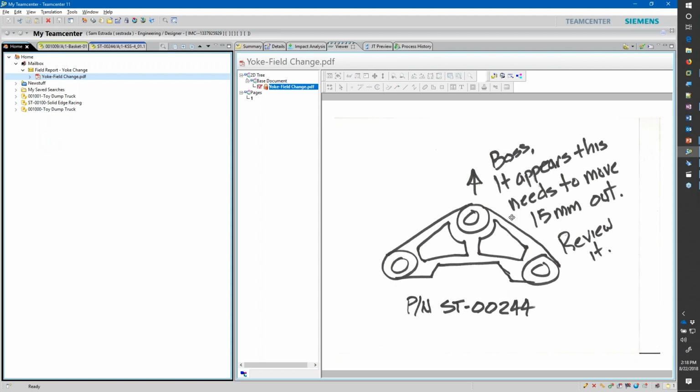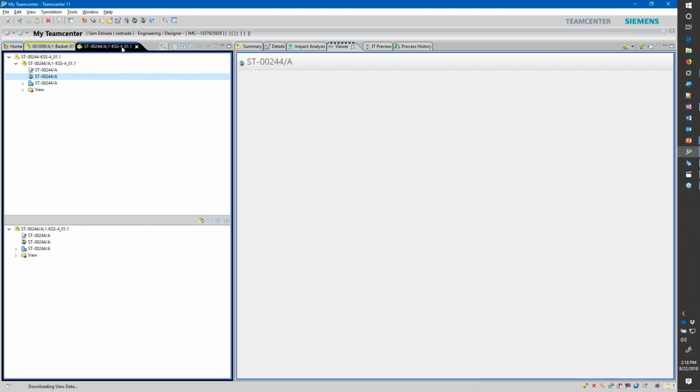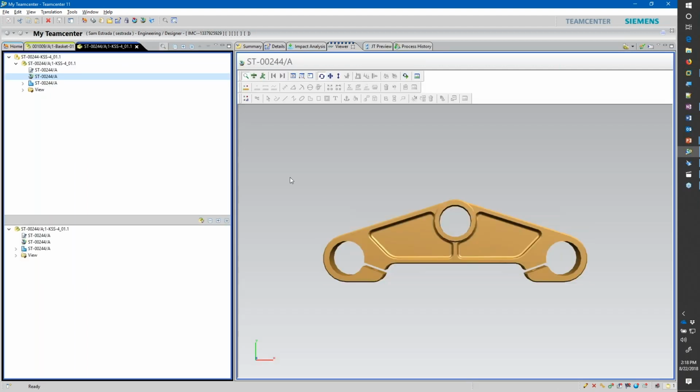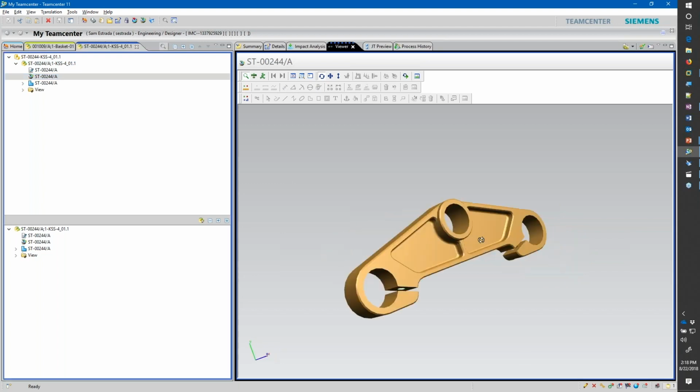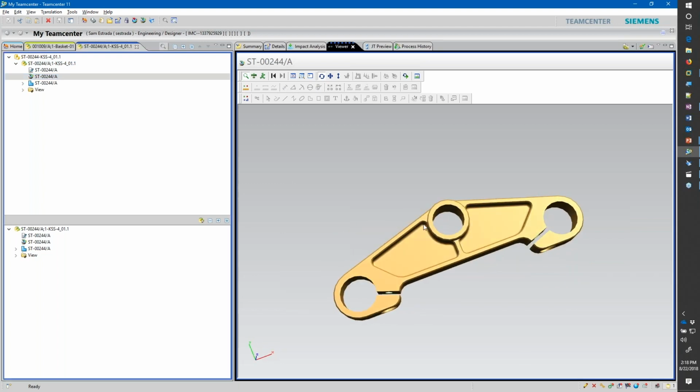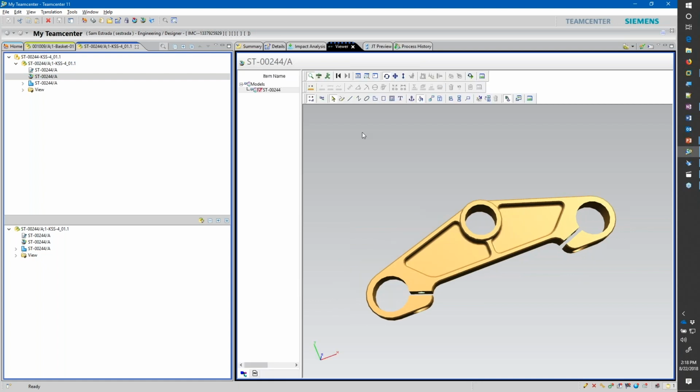There's a change that's being proposed. Hey, I need to move this up 15 millimeters. How do I communicate that with the rest of my team? If I load up the actual JT file, the 3D file, I can view this in here, and I want to add my ideas to that. I've got my 3D markup capabilities turned on,